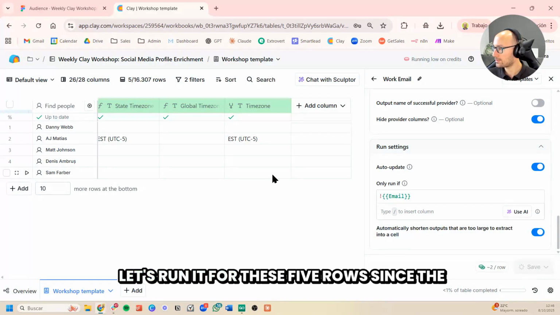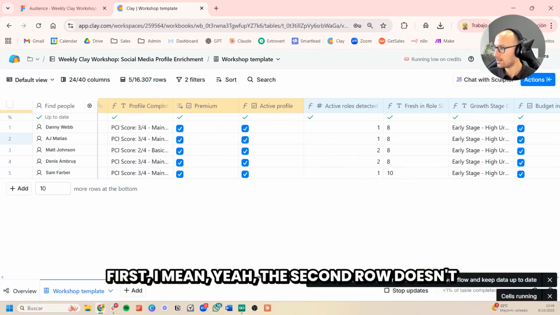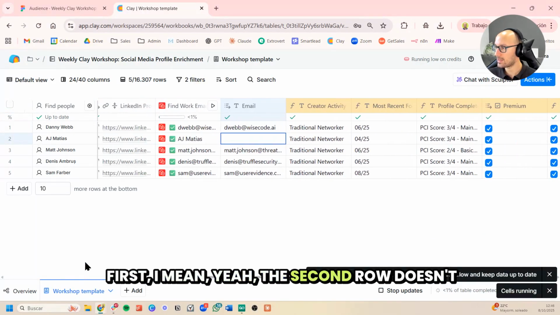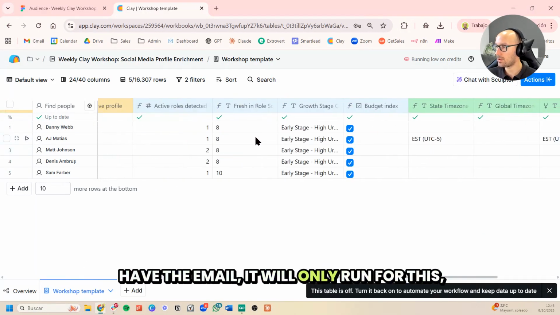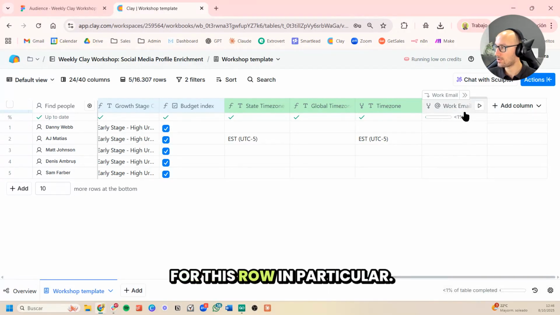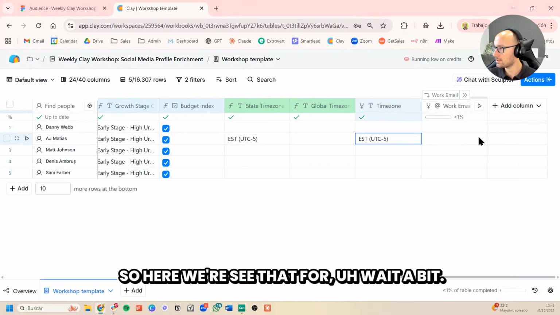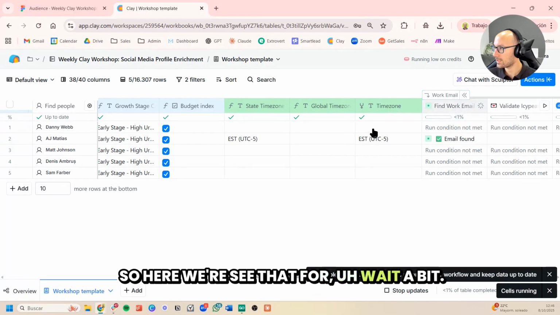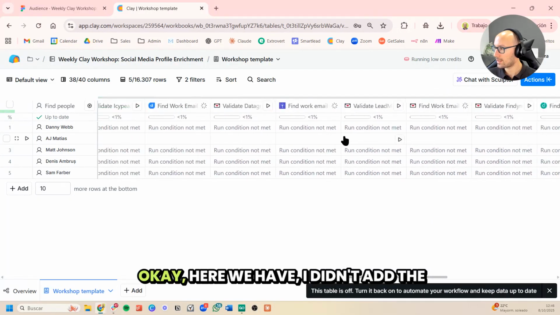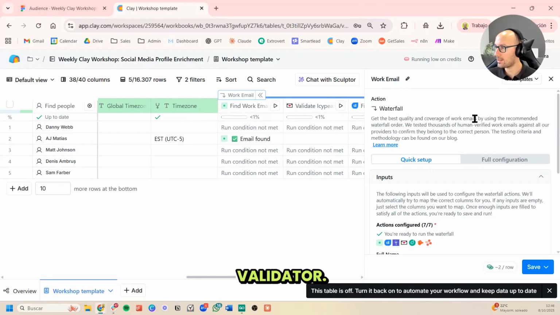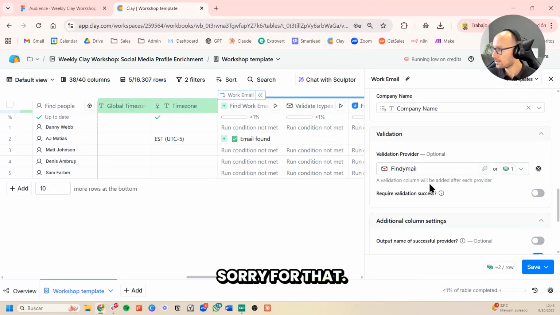Let's run it for these 5 rows. Since the second row doesn't have the email, it will only run for this row in particular. Wait a bit. Okay, here we have... Oh, I didn't add the validator. Sorry for that.